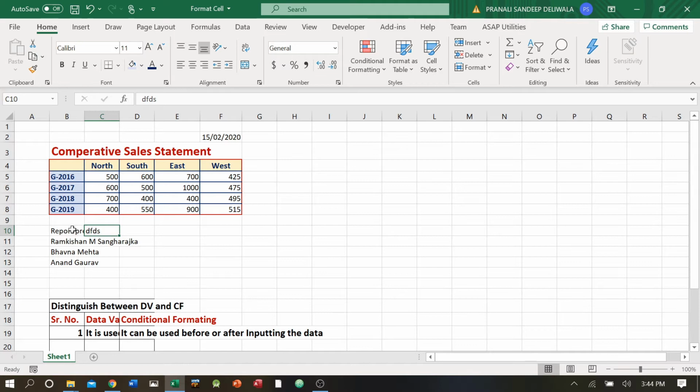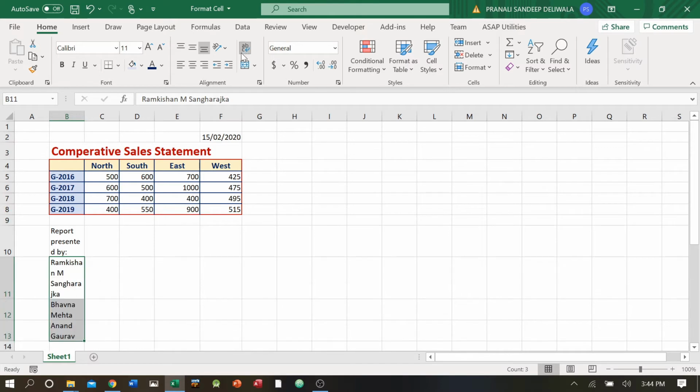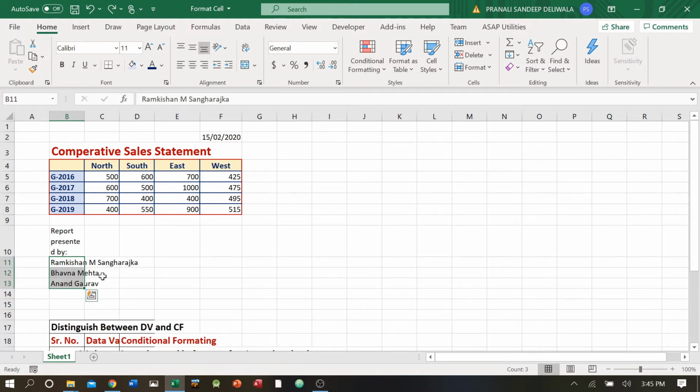Okay, so I'll say Control Z. I'm back to it. I'll click on this and I'll say wrap text. I click it, and the text will remain in the same cell and fall down. It will not go to the next cell. Same way, if I click on all three and say wrap text, all three will come under the same cell. It will not go to the next empty cell. Okay, I'll say Control Z, Control Z.